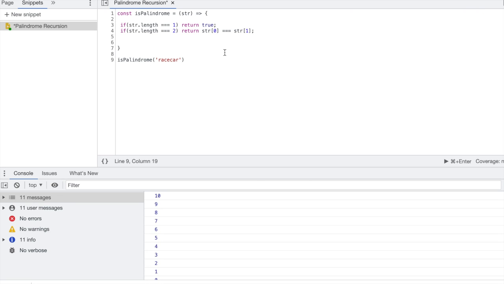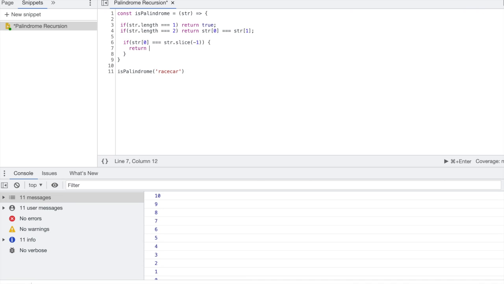Okay, so now we need to somehow decrement the function or make a way to decrease the length of the string so our base cases will catch and actually work. So what I'm going to do is say if string at index 0, so if the first letter is equal to the last letter. And there's a little trick you can do to target the last letter of a string. You can just use string slice -1, and that is going to return the last letter of the string. So if that's true,